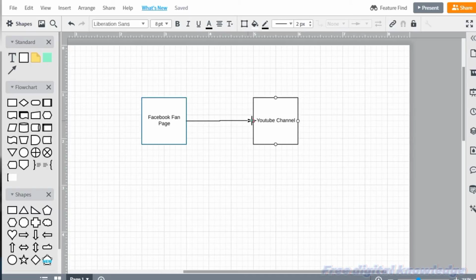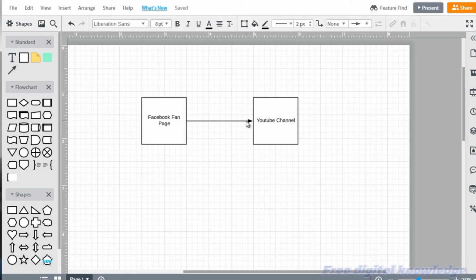So essentially what we're doing is getting a backlink from this to here. And this could be Facebook, it could be Twitter, it could be Instagram, it could be any other social media platform. But it has to be branded towards you. It can't just be somebody else's fan page unless it is actually related. But if it's related, and if it's branded as yours and it's linking to your YouTube channel, that essentially is a vote of confidence, but also it shows YouTube that you're interlinking. So that's basically the concept here.